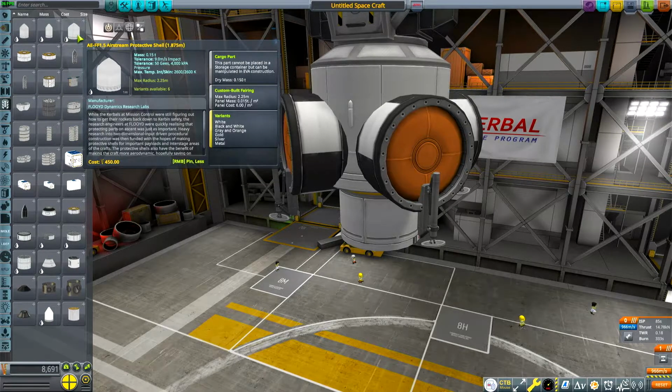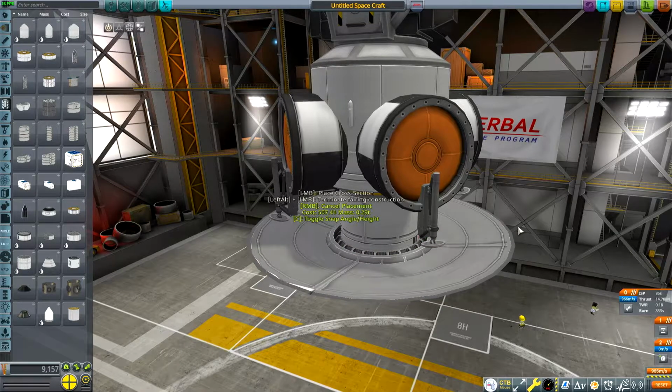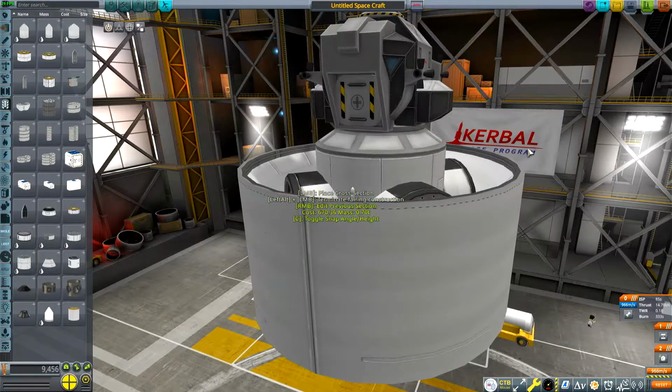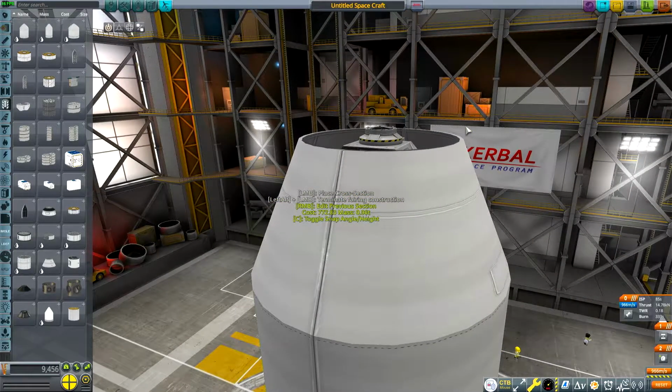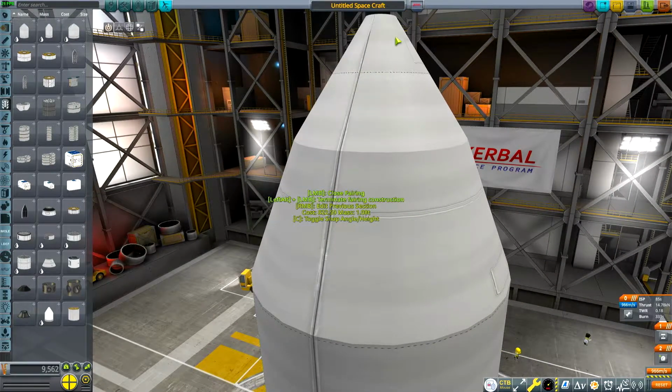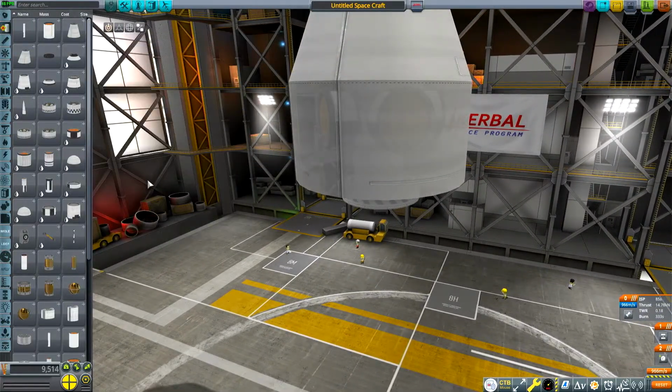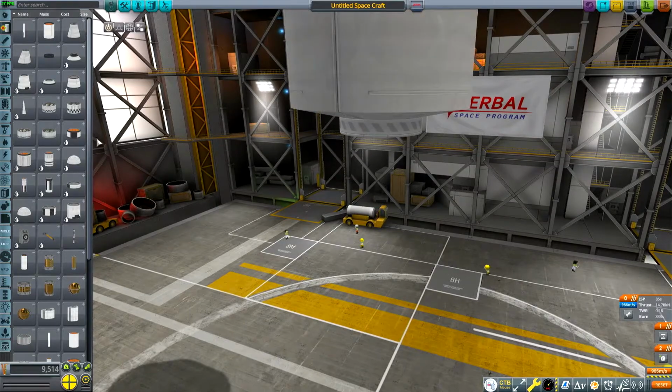We're going to grab a bearing, and we're going to build our fairing out. It's not going to look great, but oh well, it's what we got. Okay, so